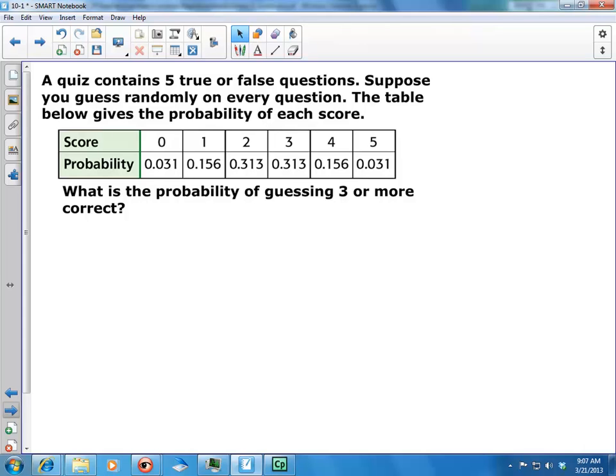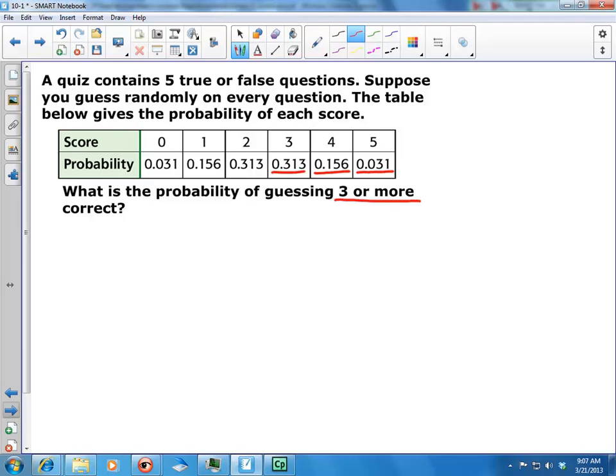Our next example says a quiz contains 5 true or false questions. Suppose you guess randomly on every question. The table below gives you the probability of each score. What is the probability of guessing 3 or more correct? Now, here's the part where you guys are going to get these wrong. Not that they're hard, okay? It wants to know 3 or more, not just 3. So we need to take our probability of guessing 3, also the probability of guessing 4, and also the probability